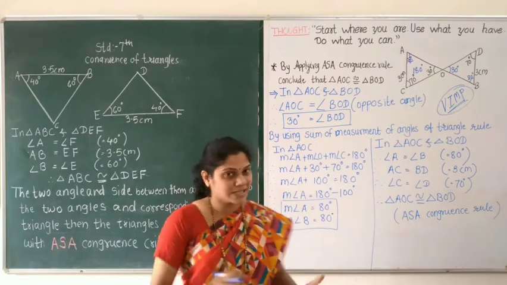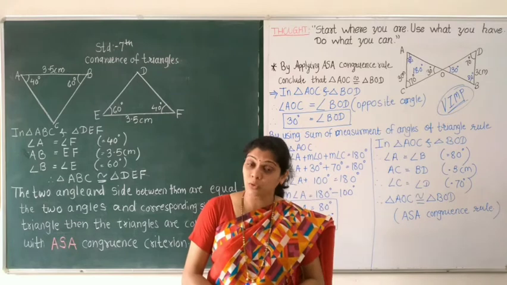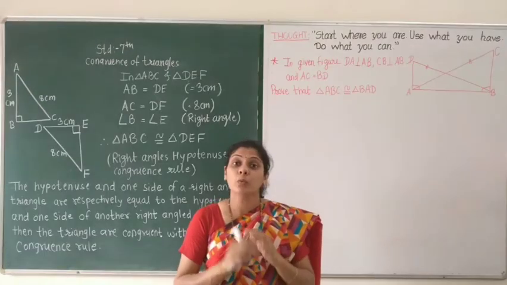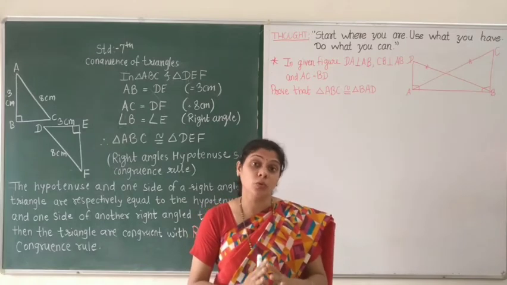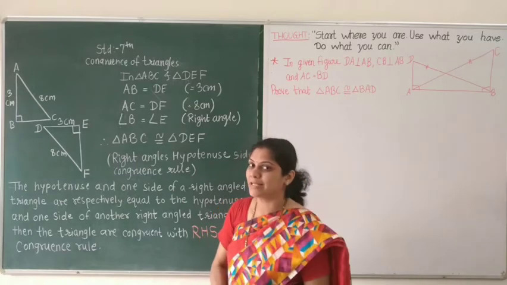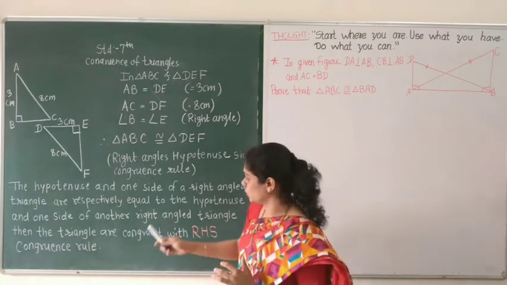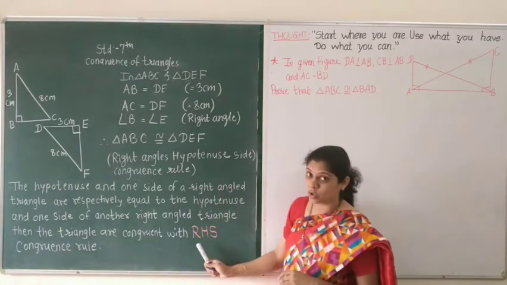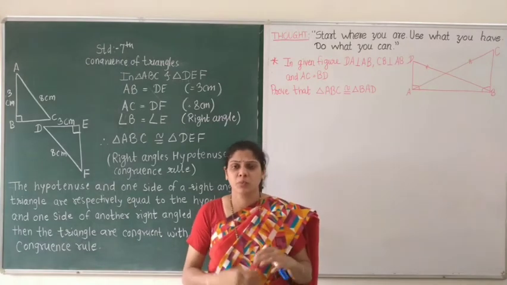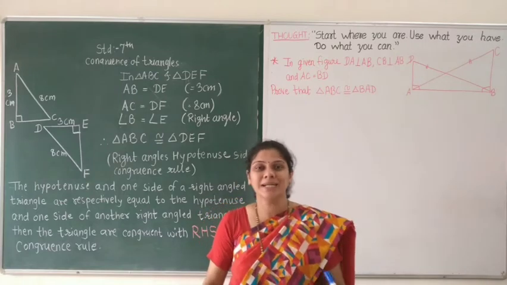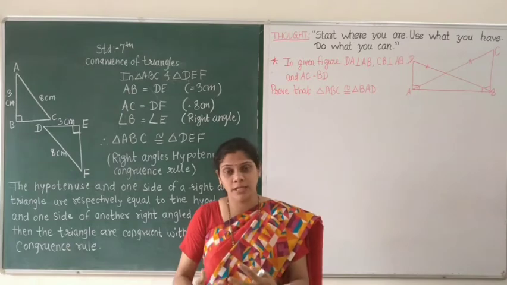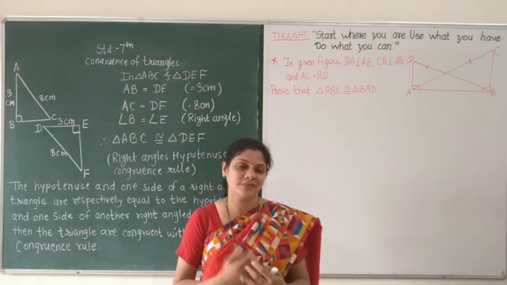Okay, so after this rule, there is one more rule that we have to study. So let's go. Now we will study our 4th congruence rule, and the name of that congruence rule is RHS congruence rule. You can see this here, RHS. Already I have written here in a pink chalk. What is RHS? Most of you will say RHS means right hand side. No. Here the full form of RHS is very different.